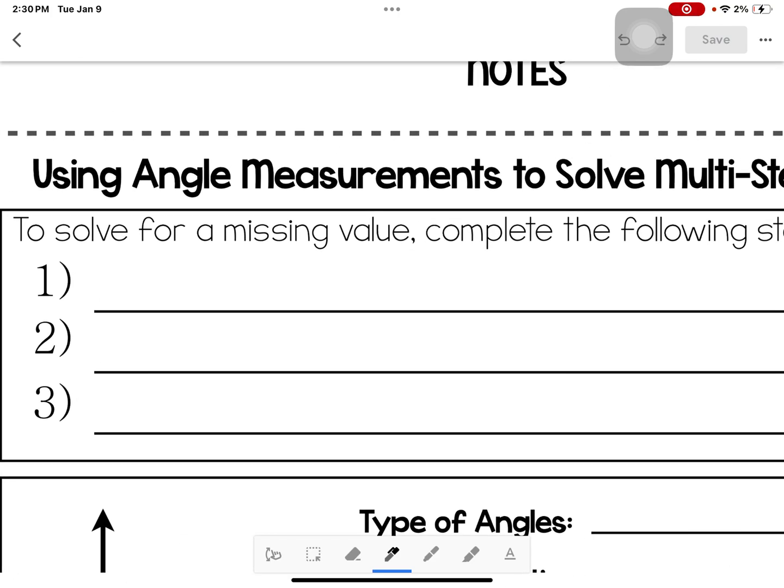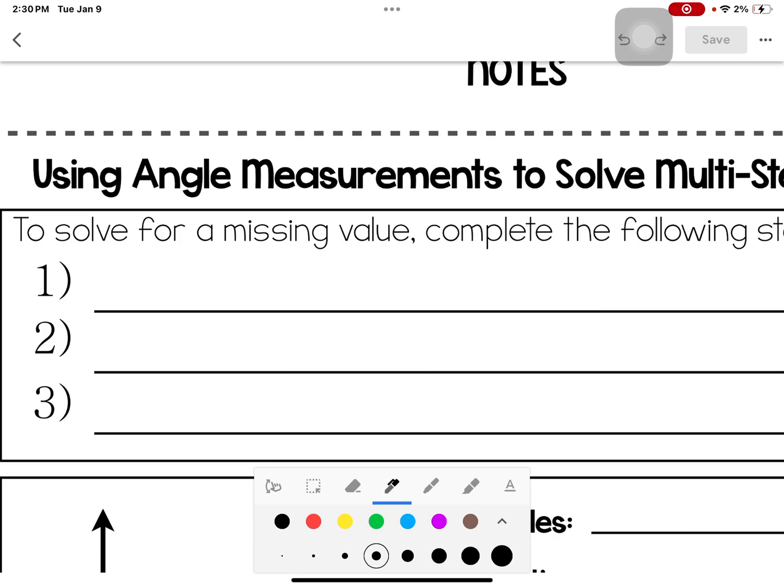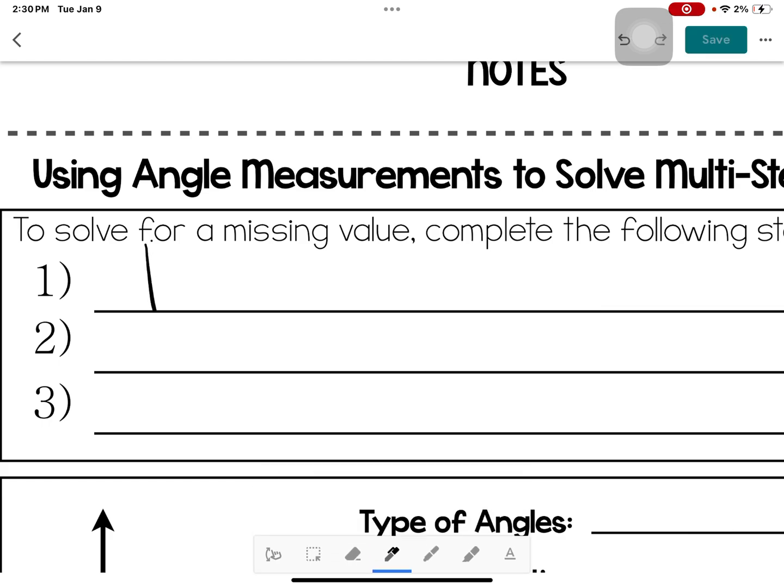This is review notes. To solve for a missing value, we're going to complete the following steps. When we solve for these missing angles, what do you think the first thing we need to do is? What do you think the first step should be? To name the angle. Close. I like that. How about identify